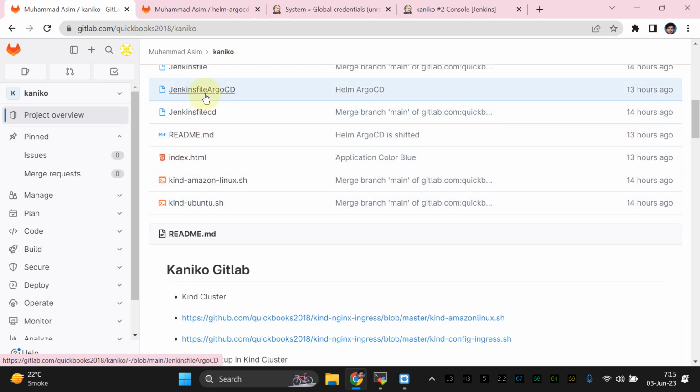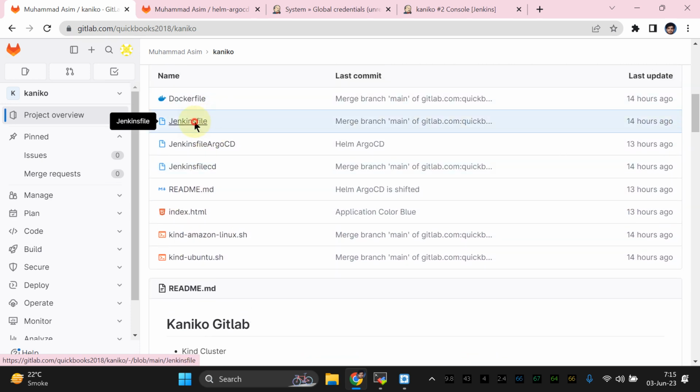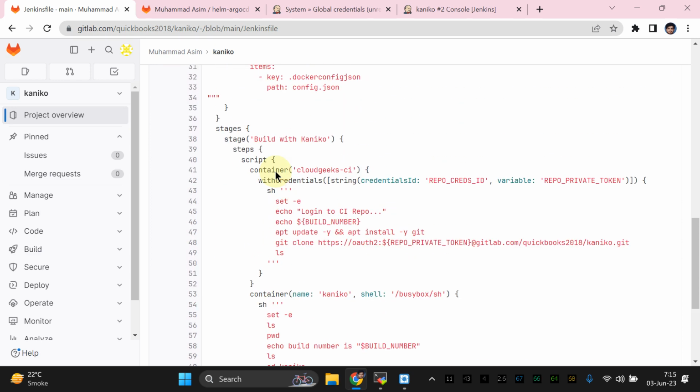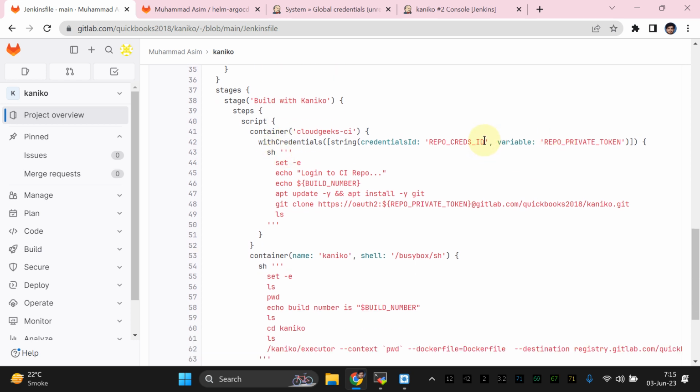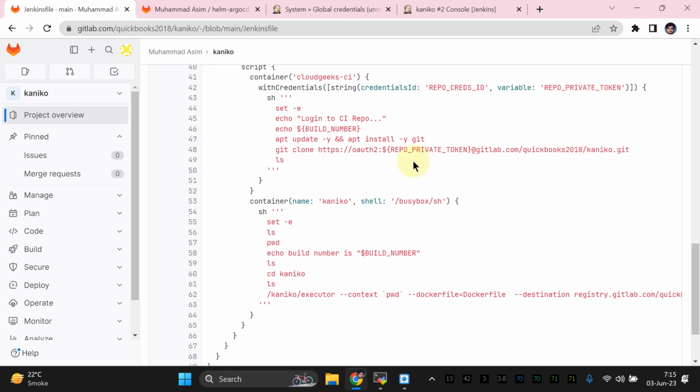Where we are now in this Jenkinsfile, we are going to build our Kaniko Docker image. It is going to look for these credentials in Jenkins, and we are giving a different name with a variable. You can give it any name, and we are going to use this variable here to clone our repo with HTTPS. We are going to clone this directly in this particular